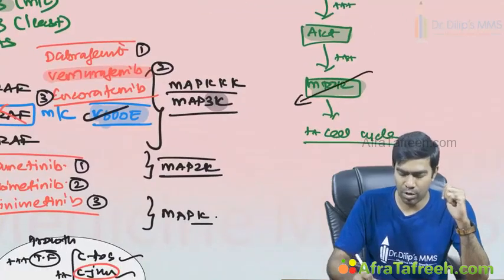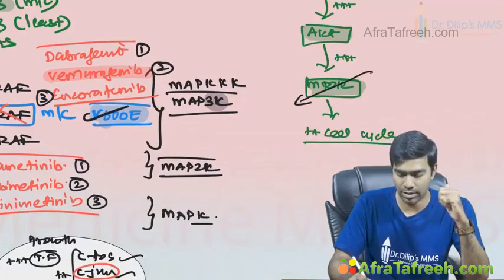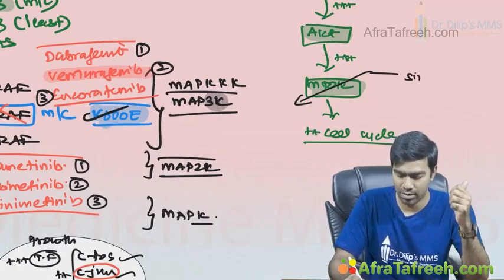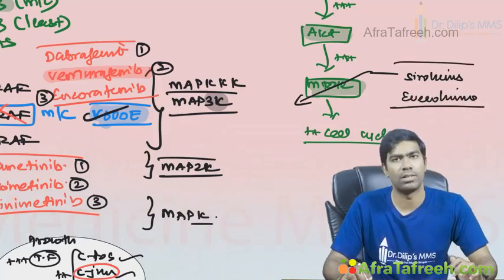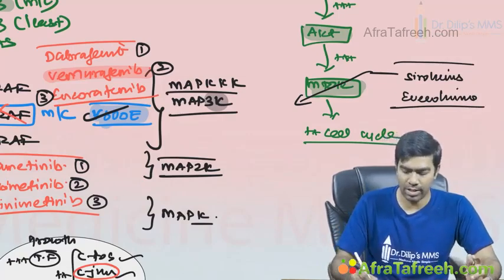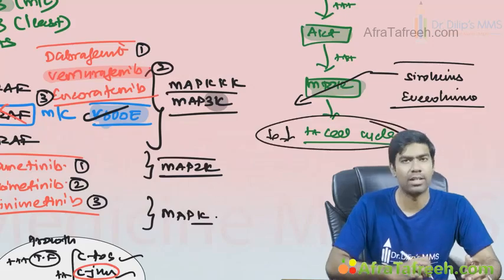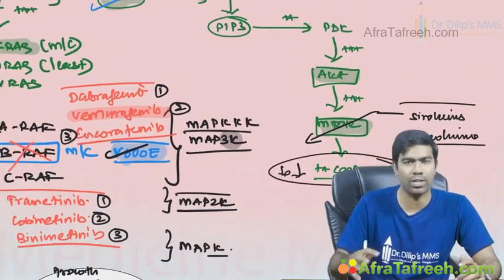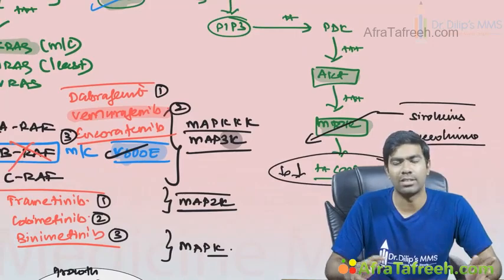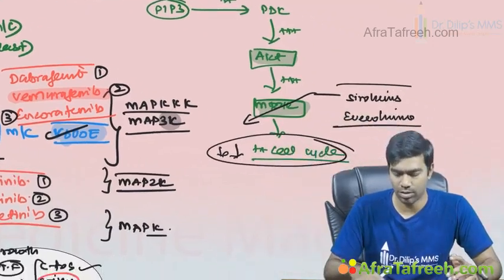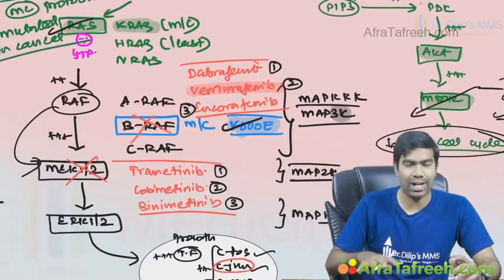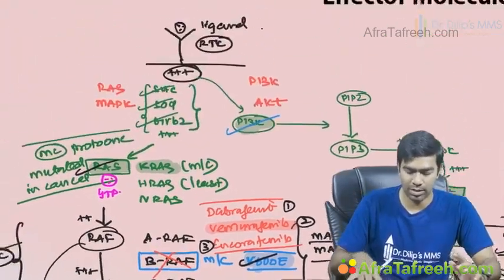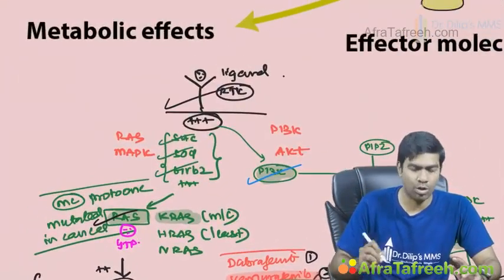So you have a lot of mTOR inhibitors also. This also we have discussed in the hematology section. What are the mTOR inhibitors? We have sirolimus and everolimus. So these are the typical mTOR inhibitors, isn't it? Sirolimus and everolimus. So again, they can arrest the cell cycle and they can reduce the proliferation of the cells, and that's why they are used in cancers, and sometimes even in immunosuppression you can use sirolimus and everolimus. Alright. So that's why understanding these pathways is important. This is a very important tumorigenic pathway.